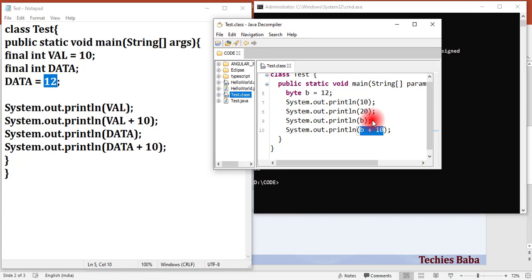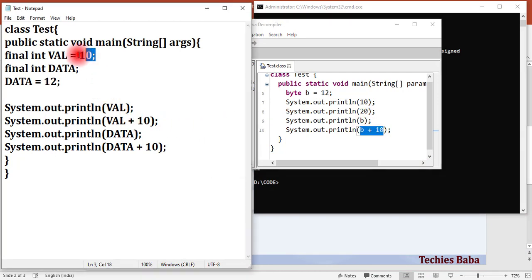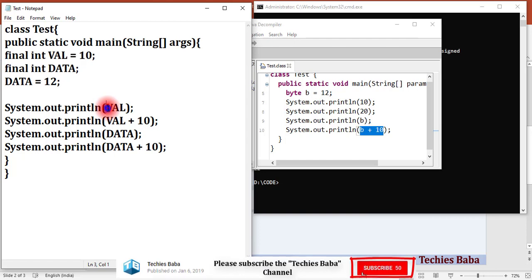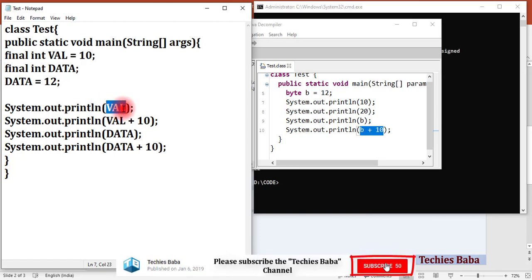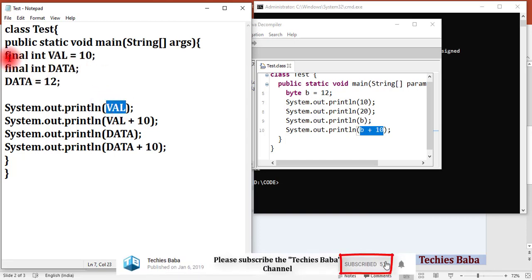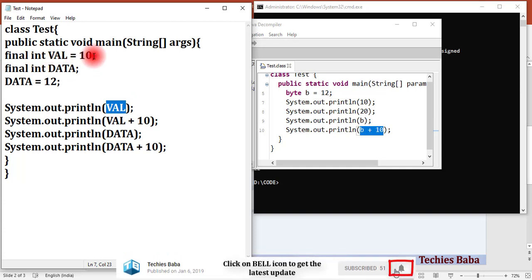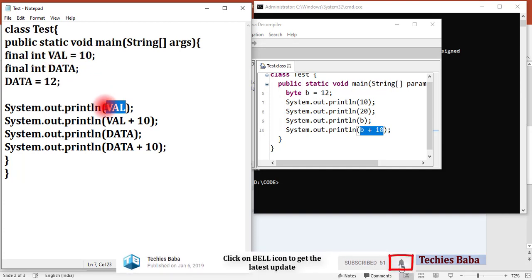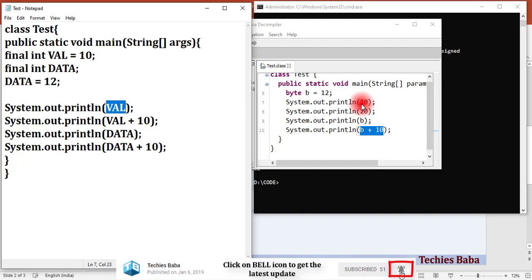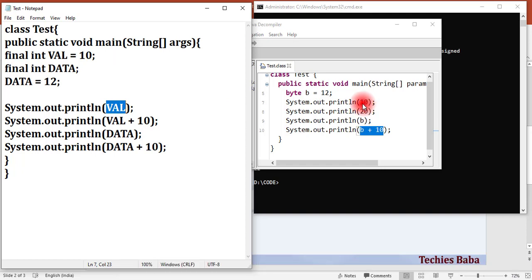Plus, if you define any variable and initialize it in the same statement, then whenever you are using it, your compiler will replace it with the actual value. So we are using final int val equal to 10 and printing val, but your compiler is not saying val. It is just saying 10.